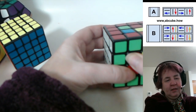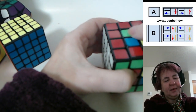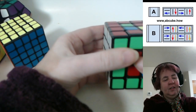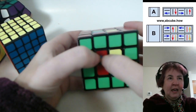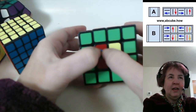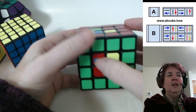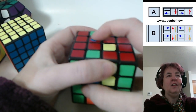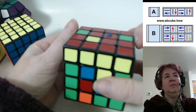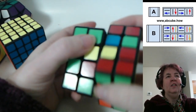Alright, so I pick a piece. Here's a red piece. It wants to go up. This green piece wants to come down. So I go top row, 2 columns, and the cube that you're applying Formula B to will tell you what the columns are. You don't have to memorize them. So this column, this cube goes up. I rotate the top so that this lands in a different column, and that is my second column. Reverse down,